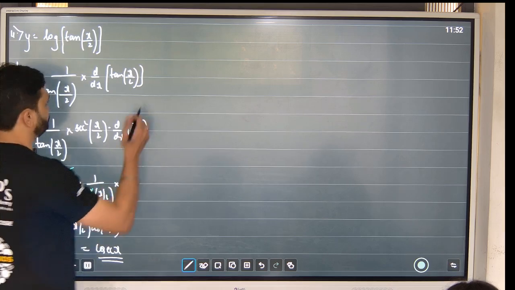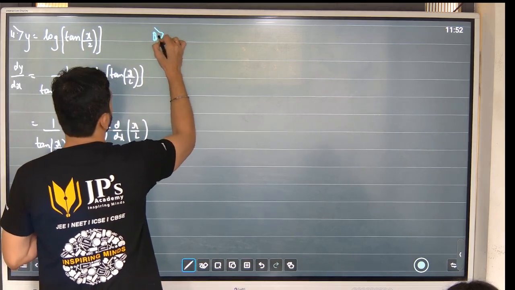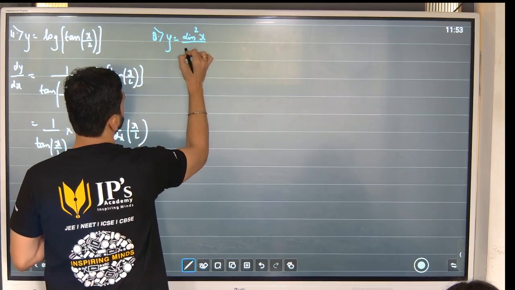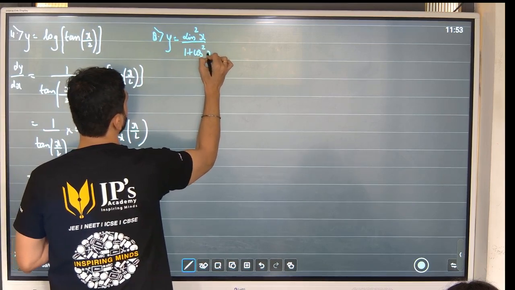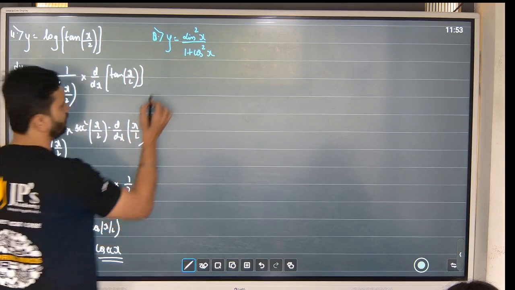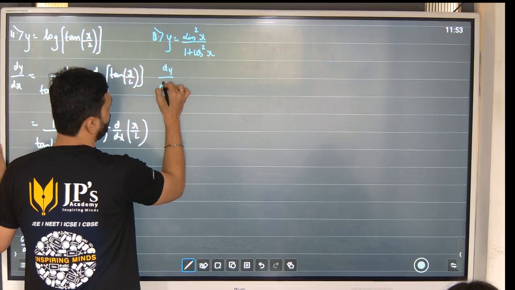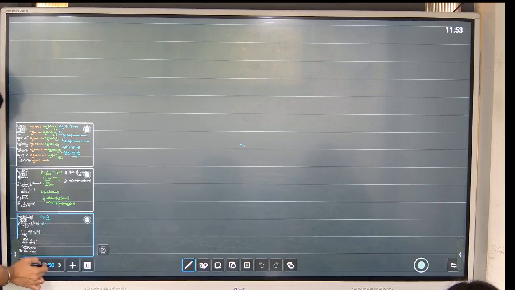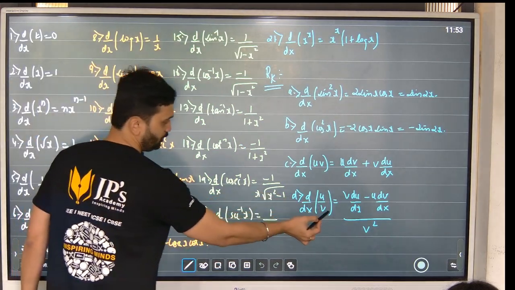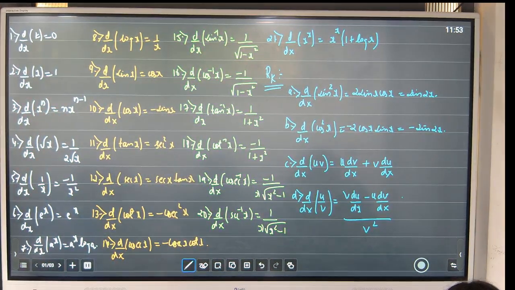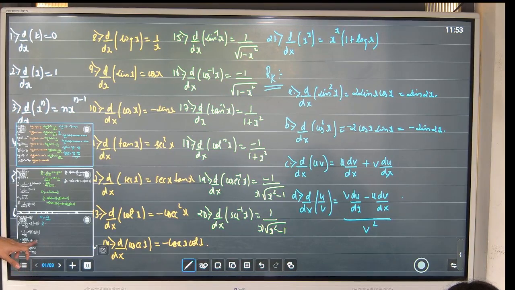Now, if I take a sum, y is equal to sin square x upon 1 plus cos square x. Now, I know this is u upon v. So, step number 1. I know this is the formula for u upon v. So, if you go for u upon v, this is the formula that we are going to use, u upon v. V derivative of u minus u derivative of v, the whole upon v square. So, now when I proceed with this sum